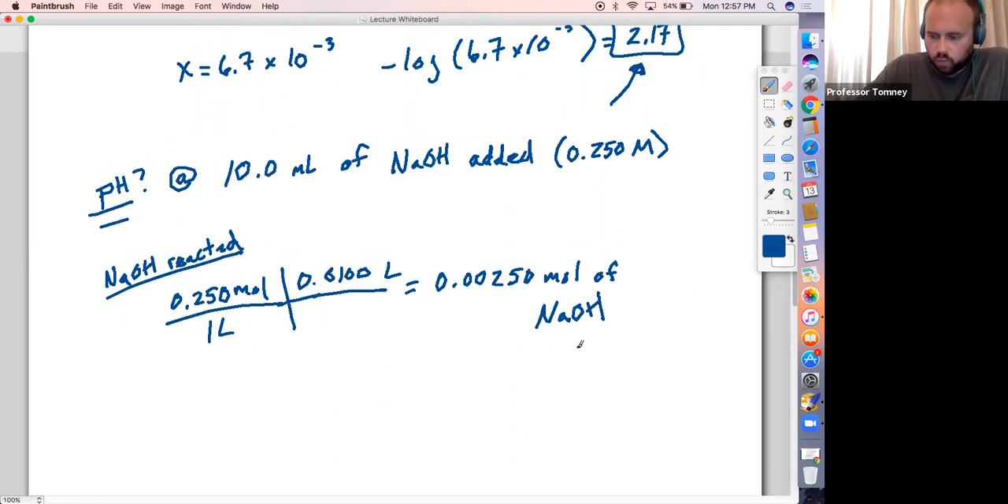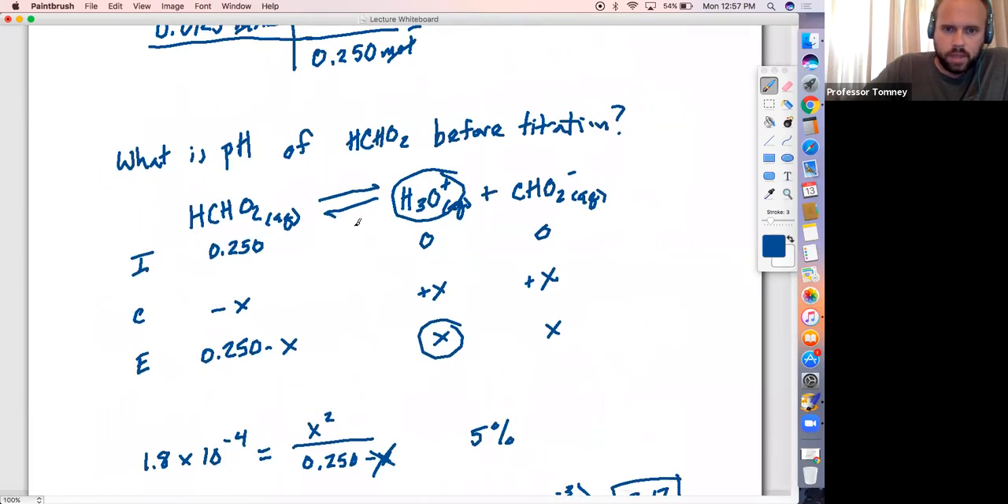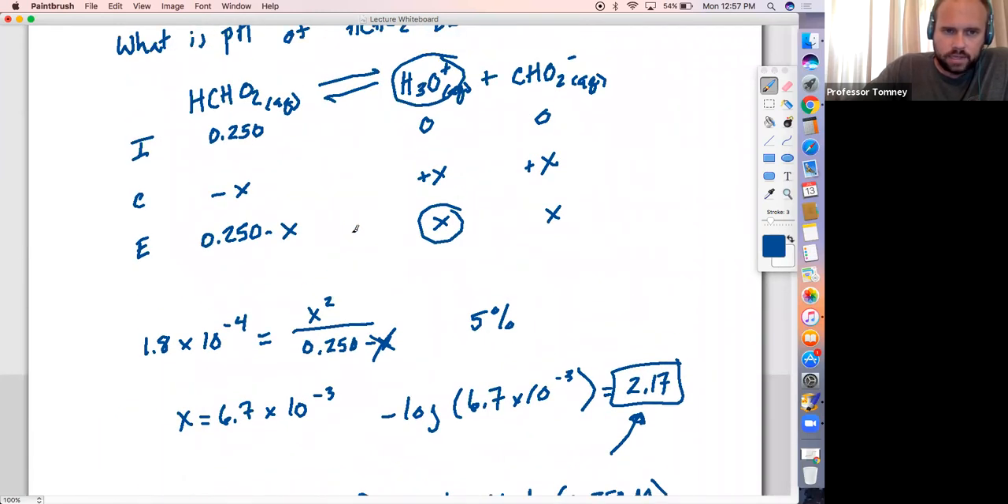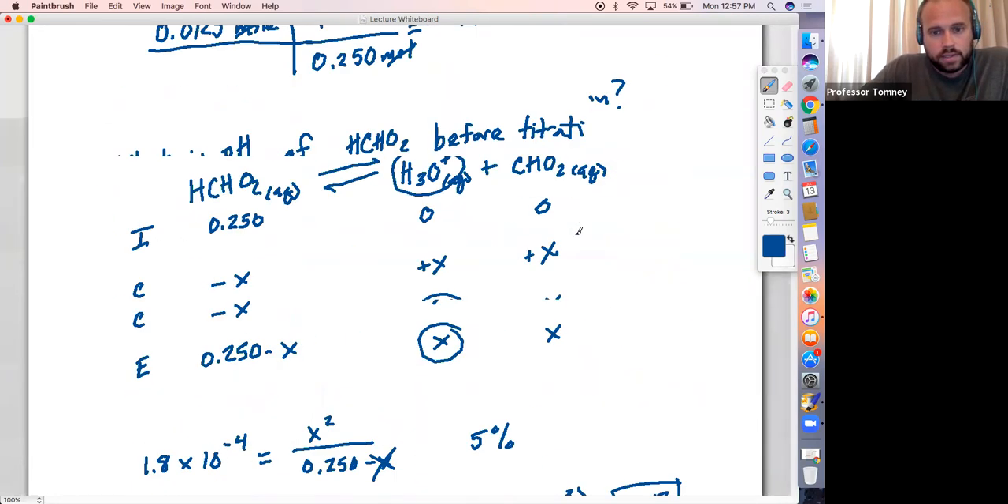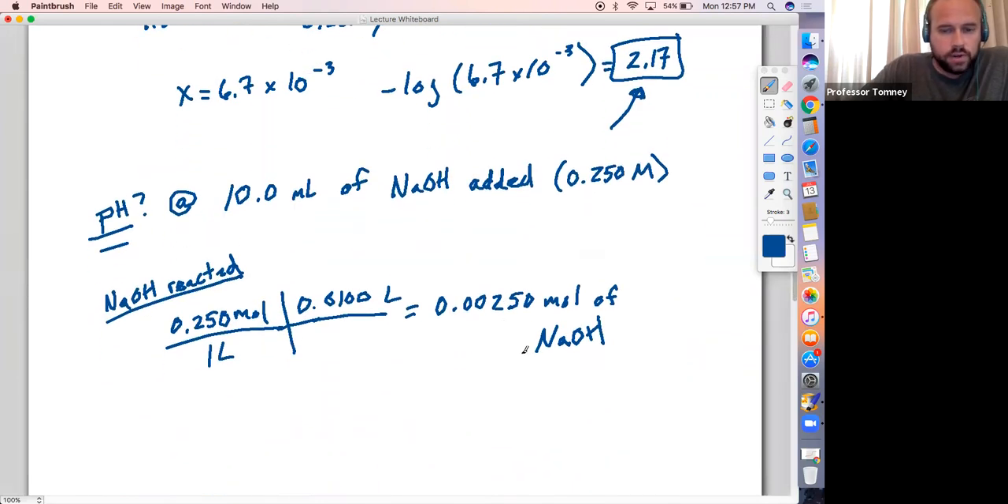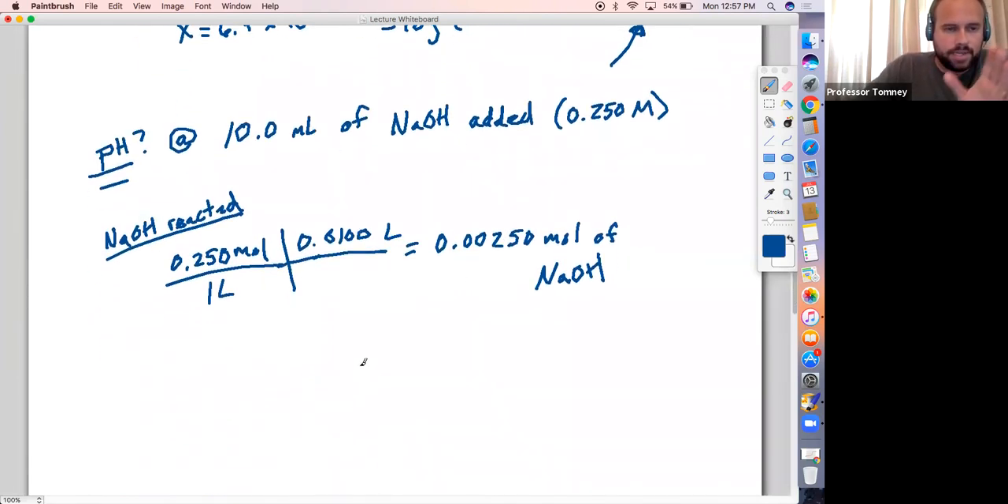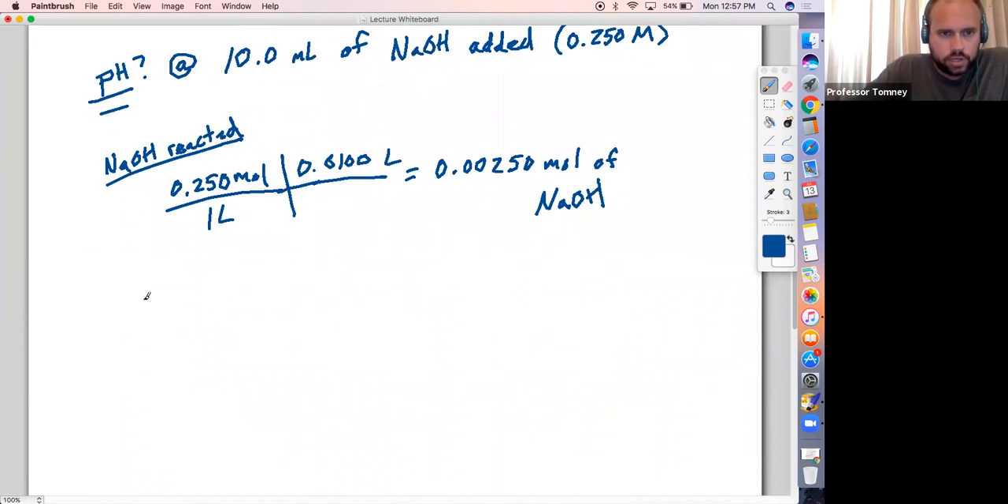Now, let's save ourselves some work because we already calculated that up here, right? One of the first questions we asked was, I gotta go way back up here. What was the initial moles of the formic acid? We found that it was 0.0125 moles. So what I need to do now is take 0.0125 and subtract 0.00250 from it, because that sodium hydroxide, that's the amount of the acid that was neutralized and brought over into a conjugate base form. Okay, so what we're going to look at here then is the reacted